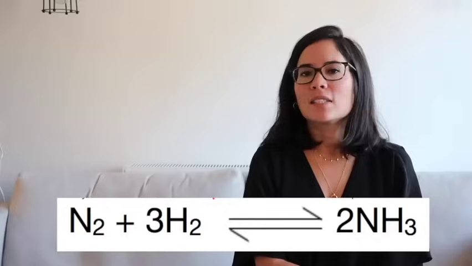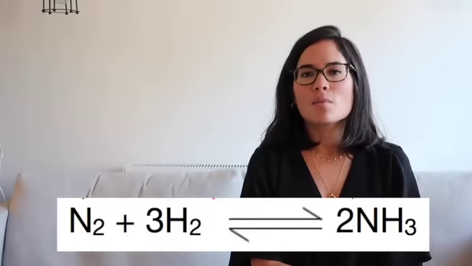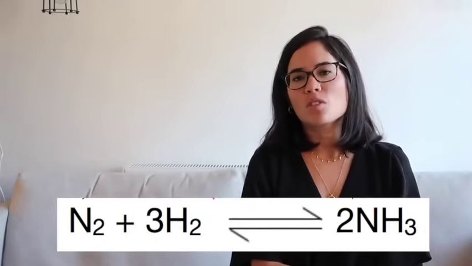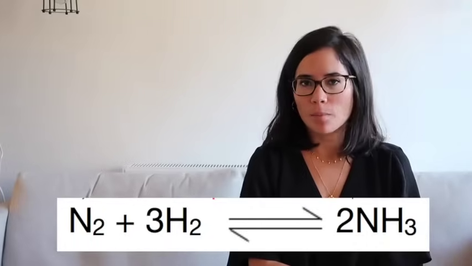shift. So the Haber process, this is the manufacture of ammonia, and it involves the use of nitrogen and hydrogen. Delta H is negative, which means the forward reaction, the reaction which produces ammonia, is exothermic. So in order to increase the yield of ammonia, it makes sense therefore that we decrease the temperature. Why? Because the forward reaction is exothermic, so the position of equilibrium will shift to the right, and therefore more